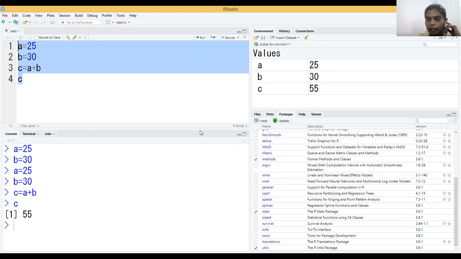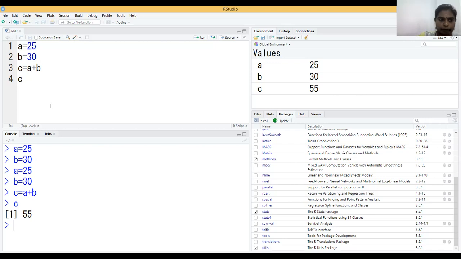Okay. I'm giving you 1 minute to execute. Type anything. I have done plus. Maybe you could try minus, star, slash, because we have primarily 4 major operations, right? Minus, then star, then slash. Try this, and not only displaying the value of C, try displaying the values of A and B also. Just type the command and see whether you are able to save the file with the extension R and then execute the commands in the console.